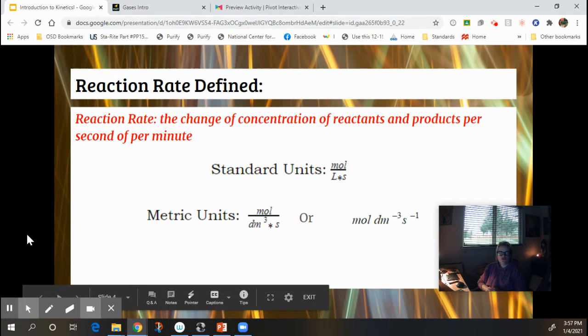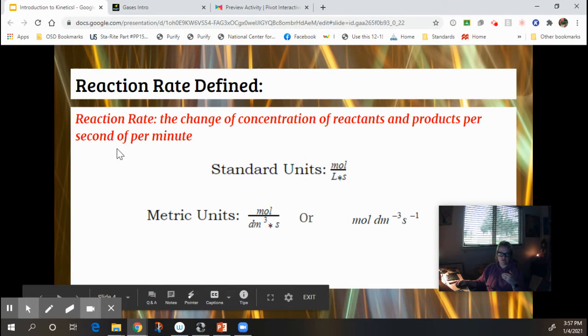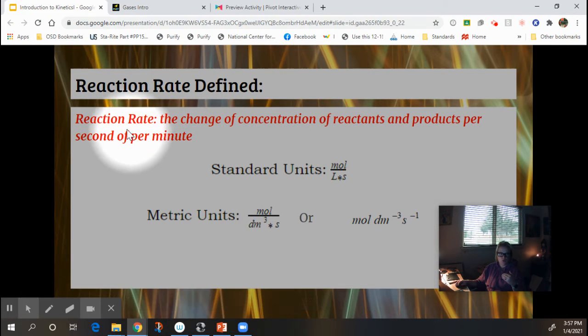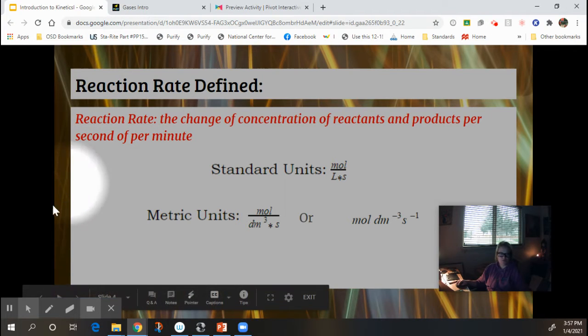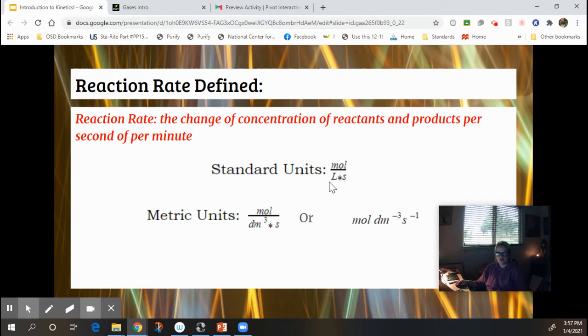All right, what units do we use and how do we define reaction rate? Reaction rate is defined as the change of concentration of reactants and products per second or per minute. I have a typo right there. That should be "or per minute." So what we're going to see here is that the standard units for reaction rate is the concentration, moles